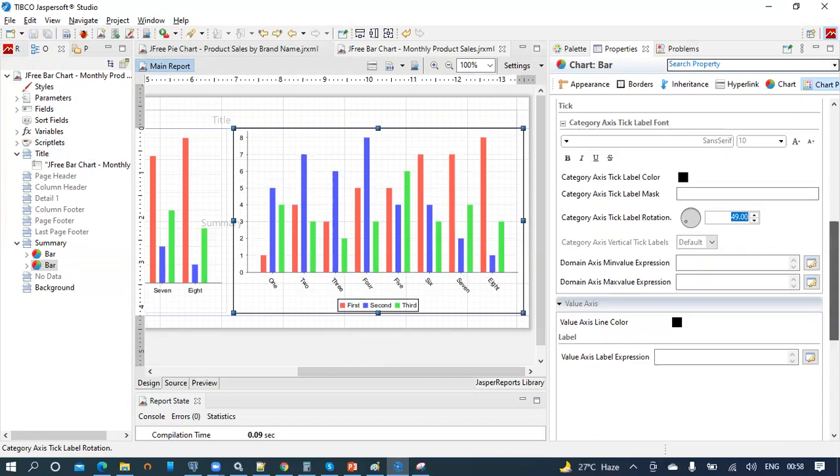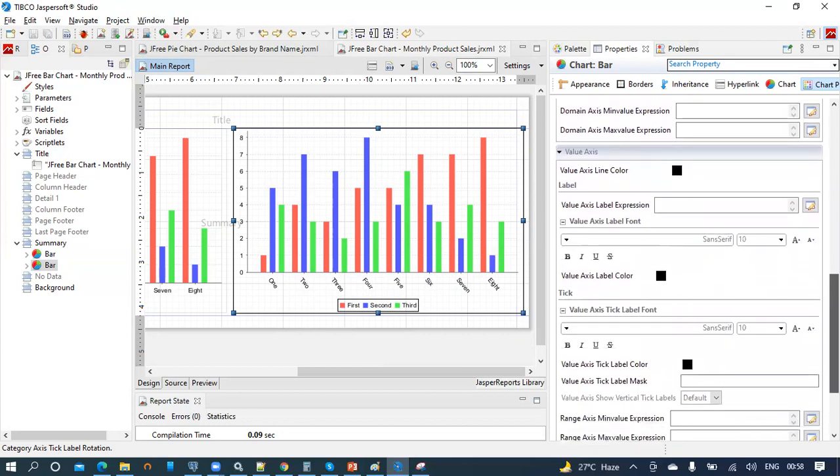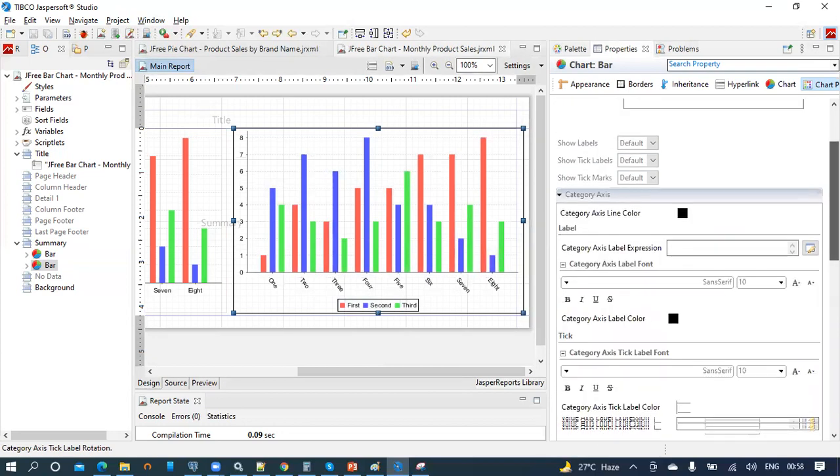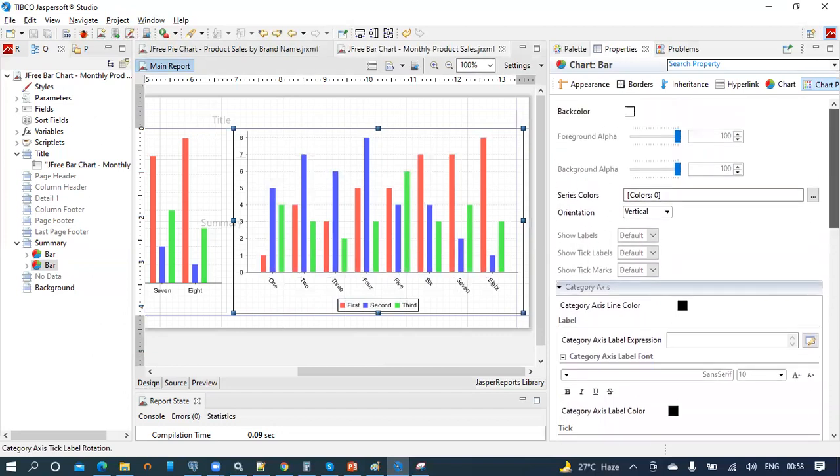And on the value axis and on the label axis. So in the general properties of the chart plot, we can see that the show labels property is available. By default, a chart doesn't require any label to be displayed, but we are going to enable this one to view the values for each bar.